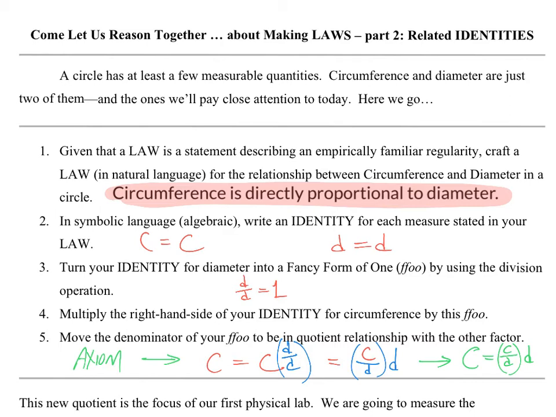Here's why this is important, this method, which is, good grief, we're doing arithmetic, low-level algebra maybe, right? But we turned a set of observations. We parsed out an empirically familiar regularity, and that was where the hard work was. Sorting that out conceptually, that's what was difficult. Writing identity statements and fancy forms of one and shifting a denominator around, that is insanely trivial, especially for a group of calculus students. At least I would hope, right? But what we have here is how